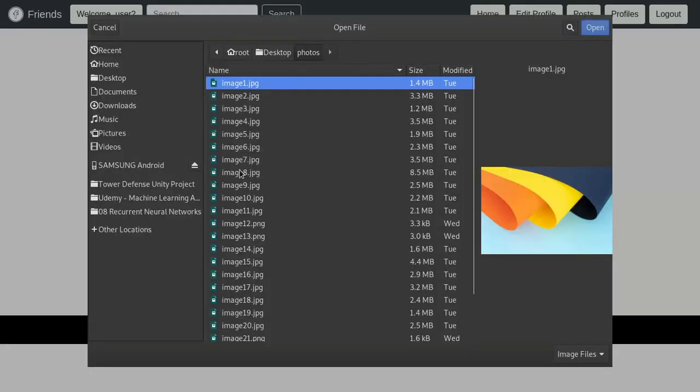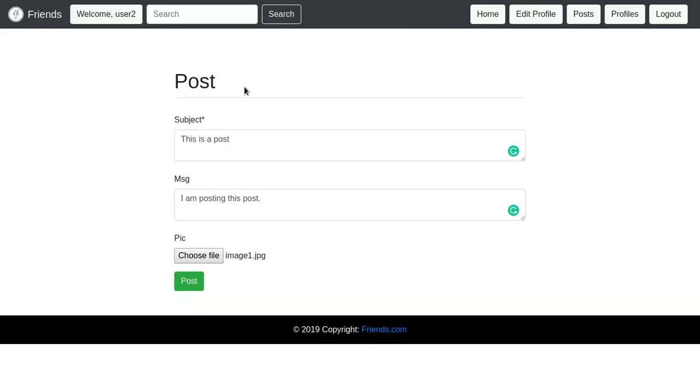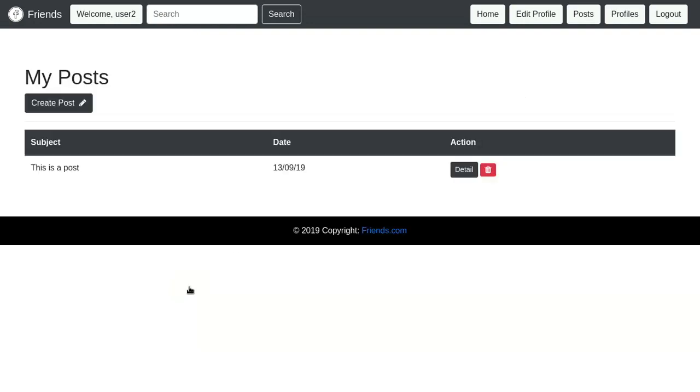Let's upload a pic and let's post it. So here you can see the post is being posted and it is shown in the my post list.